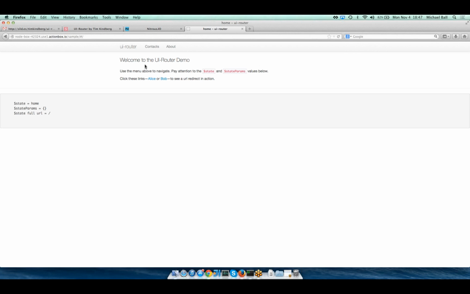What you see is sort of the welcome screen. And then down here, you can pay attention. It's going to show us what state we're in, if there's any state params, and then the full URL that was specified in the config, not the one that's going to appear up here in the URL. And then you'll also want to keep an eye up in the URL to see how it changes. So if I go to contacts,